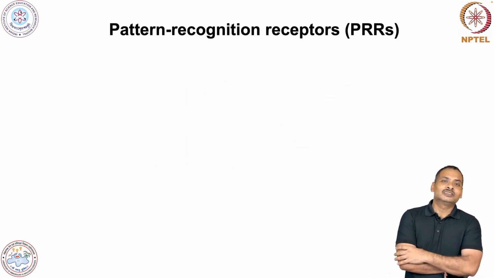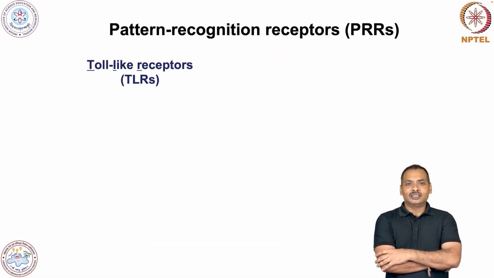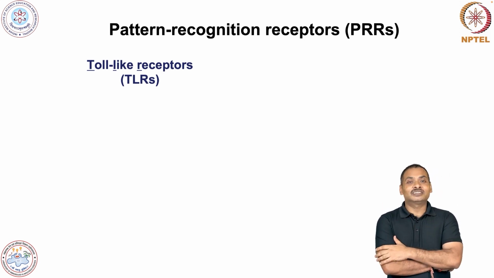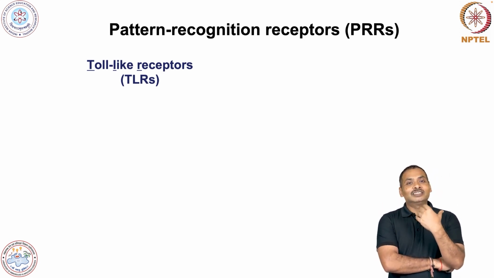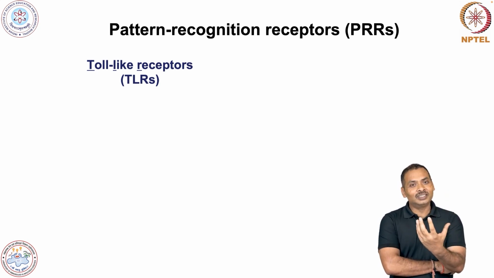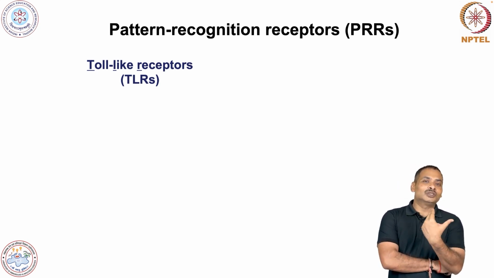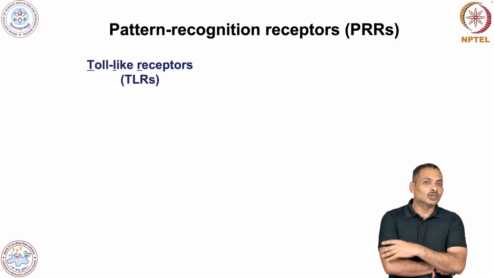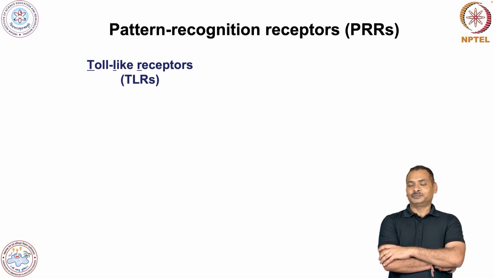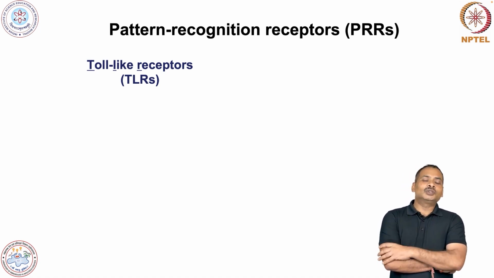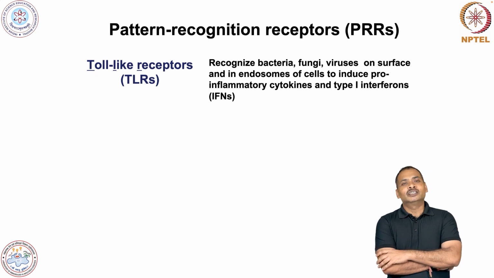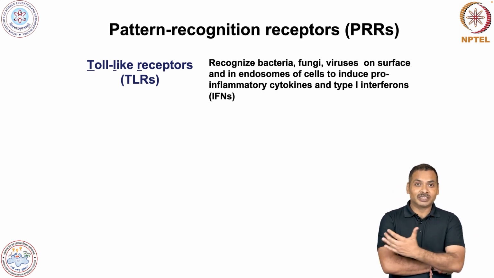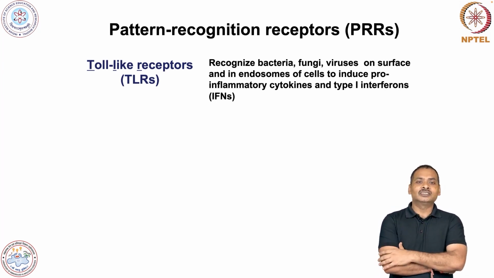So, what is TLR? TLR is basically the toll-like receptor. The word toll came from, if you remember my previous session, the toll protein that was discovered in Drosophila, and a protein similar to Drosophila toll was discovered in humans and in mammals, and we call it toll-like receptors. So these toll-like receptors recognize all kinds of microbial pathogens, that includes bacteria, fungi, viruses, and